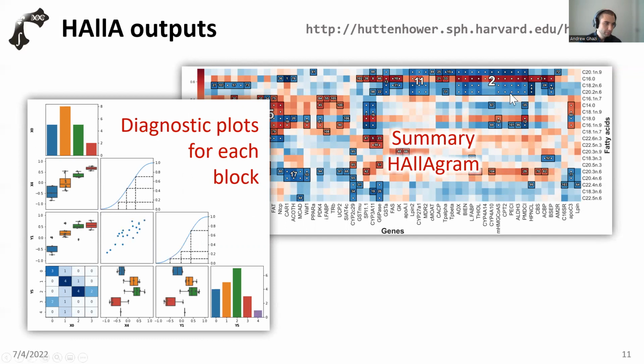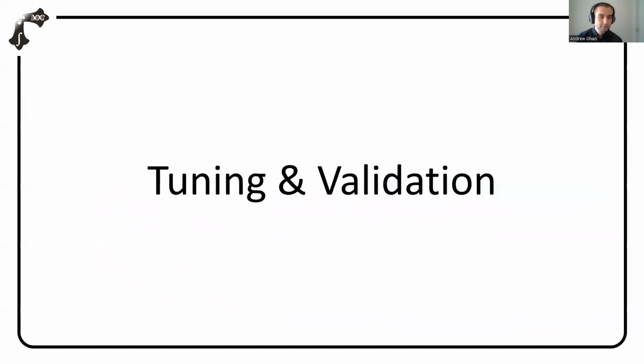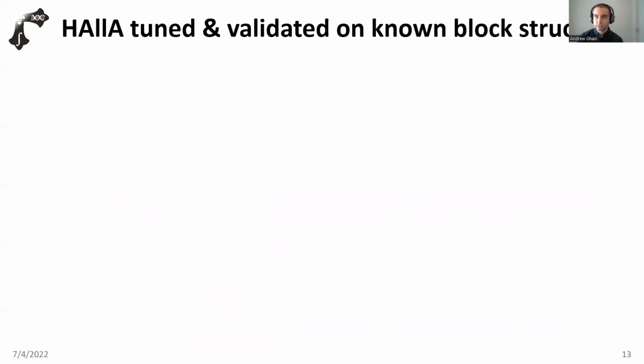So if you want to dig into a particular block, it will show all of the pairwise feature comparisons for the constituent features of a given block. And it will do that for every block. It also lists off the tabular summary statistics and things that you might imagine. So just to get into the validation that we did a bit, we, of course, started with